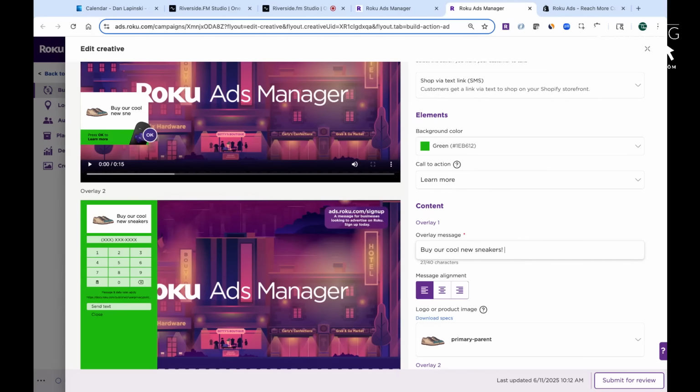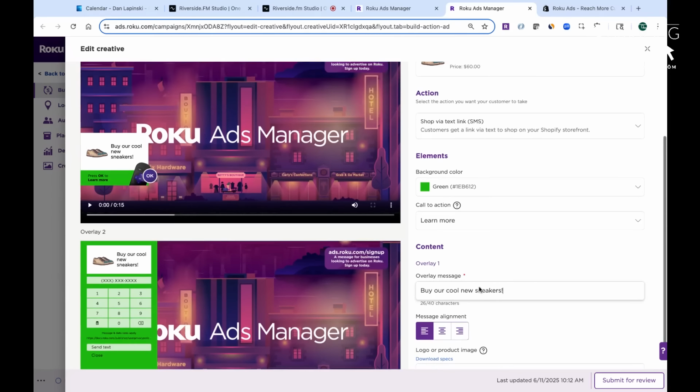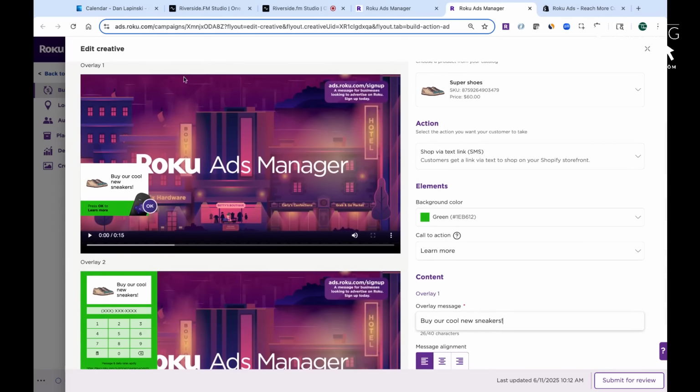Update that in real time, pop it onto the screen, take a look at what advertisers are going to be doing to make these things engage with consumers. And then you can choose to align that message. That's a really cool process for the streamer as well. Your ad is running, the overlay is there, adds resonance, adds recall to your ad, even if they aren't engaging